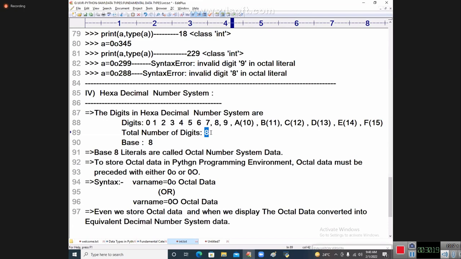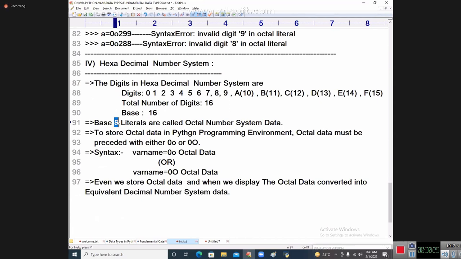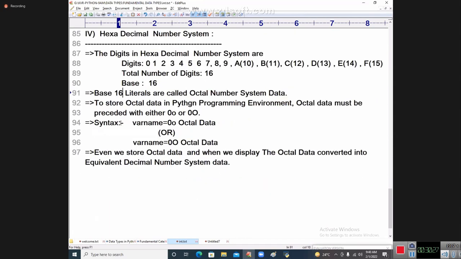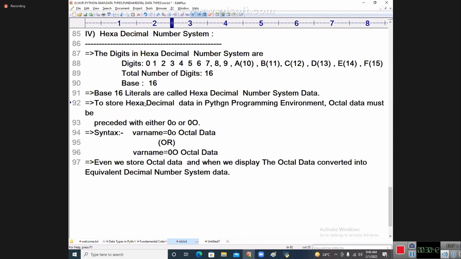The total number of digits is 16 and the base is called 16. Base 16 literals are called hexadecimal number system data. To store hexadecimal data in the Python programming environment,